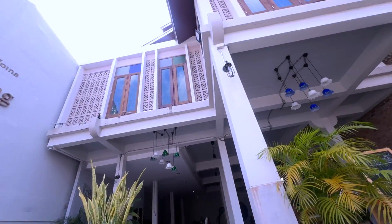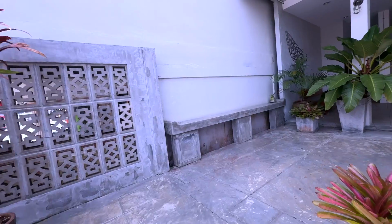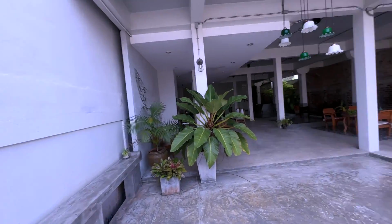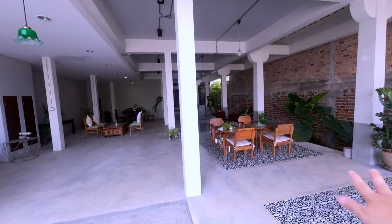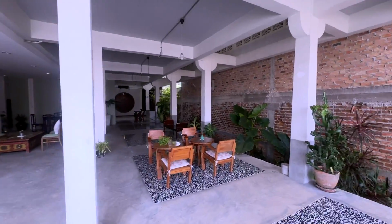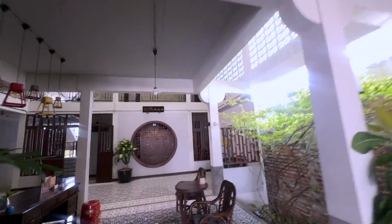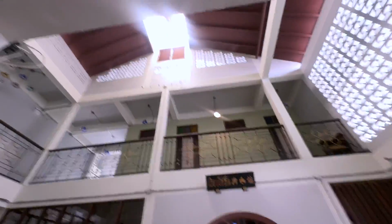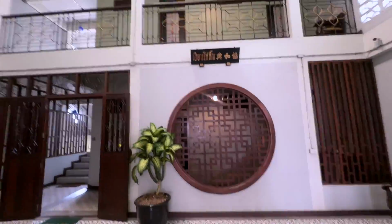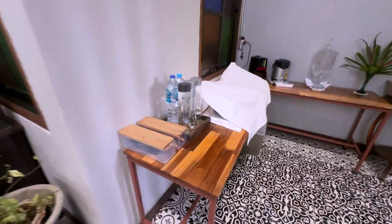The whole place is a very Peranakan kampong style boutique hotel, which I think most of us in Malaysia and Singapore would find very interesting. And this is like a wide space where you can work, meet and chill out with your friends. I'm gonna have lunch later here. It's very airy, lots of nice sitting places. The room is at the back, so it opens up to 2 floors, and there's airways everywhere, so it's very cooling. There's some utensils you can use, free water,